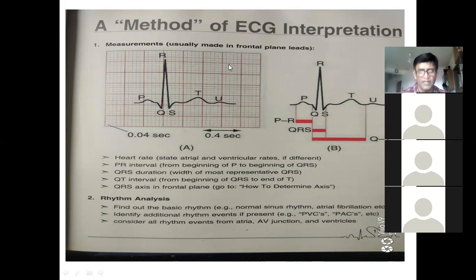If it is around 18 squares, the heart rate is 83. And if the next R wave is at 19 squares, the heart rate is almost 78. And if it is 20 squares, anyone can guess? If the R wave is here after 4 squares, 60. Think, what is the formula? Your maths is going wrong.